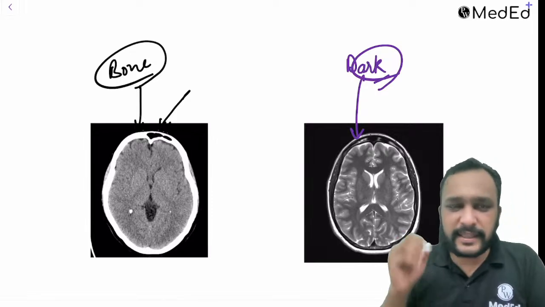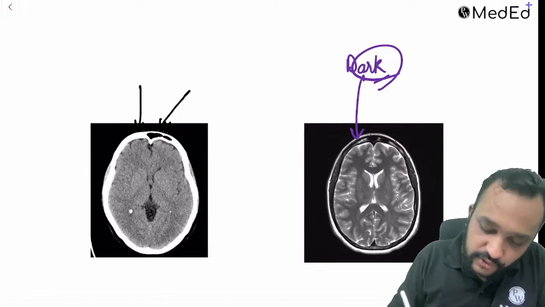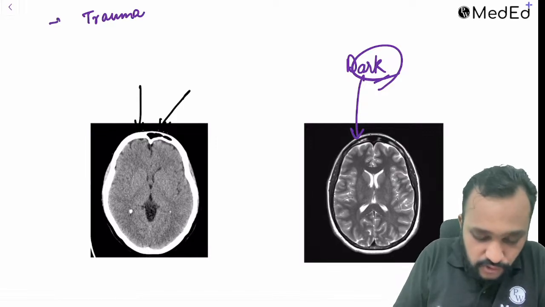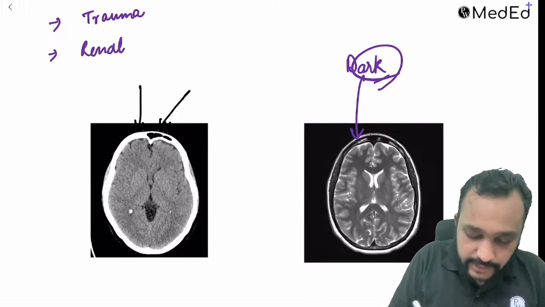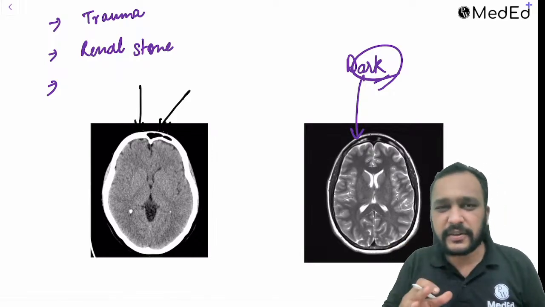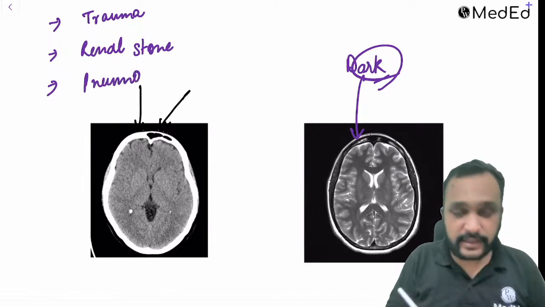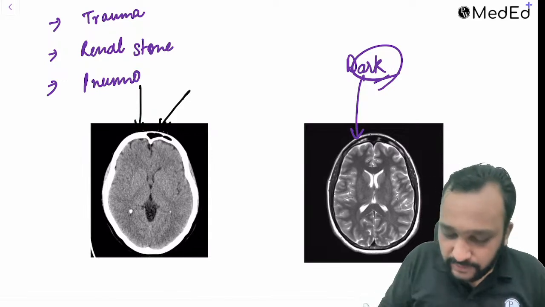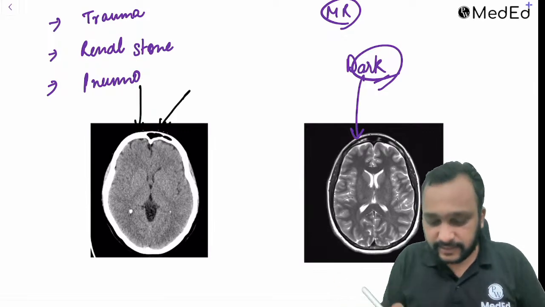And let me tell you what the important indications of CT are. If there is any history of trauma, you will go for CT. If there is any history of renal stone, again CT will be the investigation of choice. If there is any history of air within any part of the body, whether it is pneumothorax or pneumomediastinum, you are going to go for CT, right? MR takes time, and that is why it is not performed for emergency conditions, except